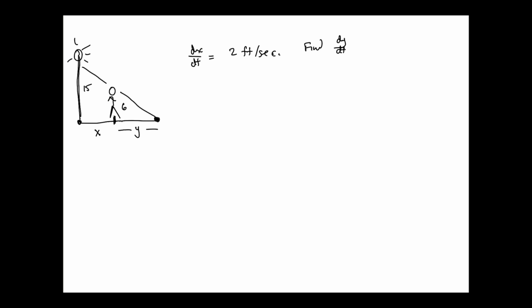Well, we've got a right triangle. Actually, we have two right triangles, right? So Pythagoras' theorem is certainly an option, okay? But there's another way. And in order to see that other way, let me actually draw